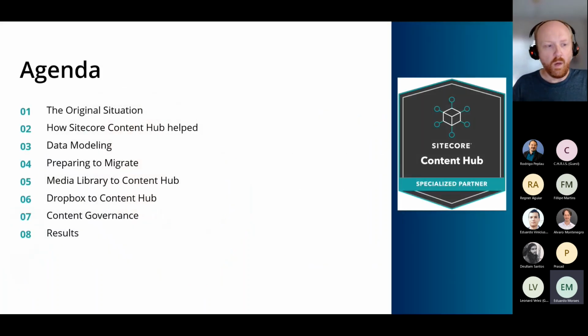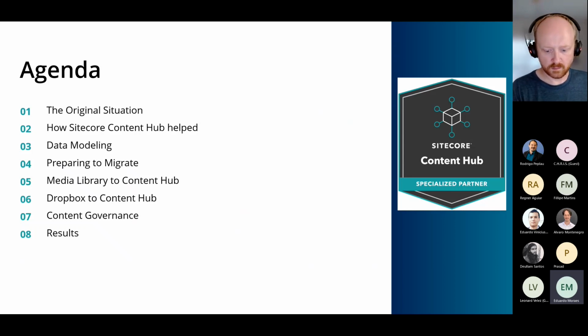So for the agenda today, we'll go through what was the original situation, how Sitecore Content Hub helped to solve that, the approaches around the data modeling and all the thinking that you need to have behind that, preparing to migrate the different sources they had into Content Hub, and then I'll focus on mainly two particular sources that we had to migrate.